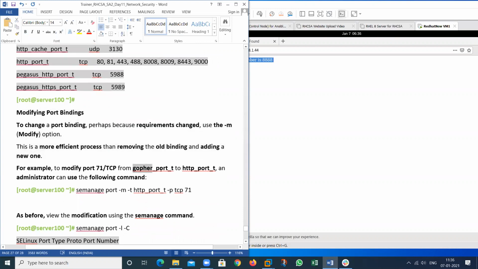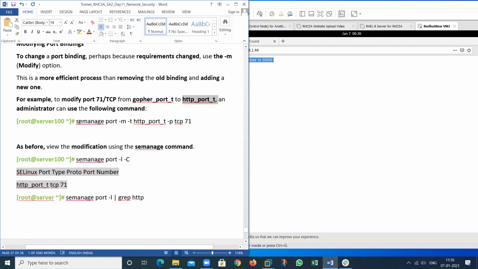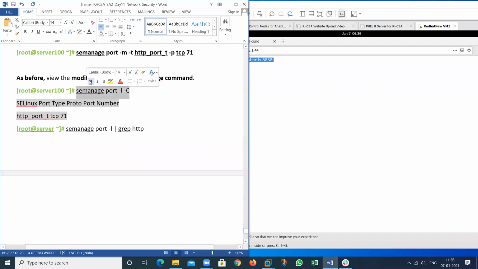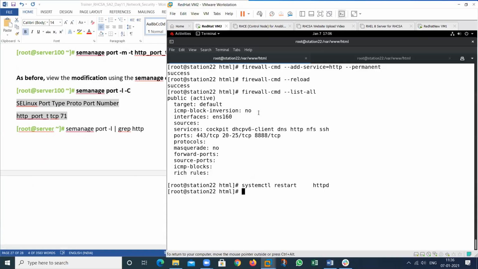If you want to change the labeling, this one, you can also do the modification. So you can use the M command. If you want to check these things, see here, this command also: semanage port -l, and you want to check the service, then use grep HTTP.